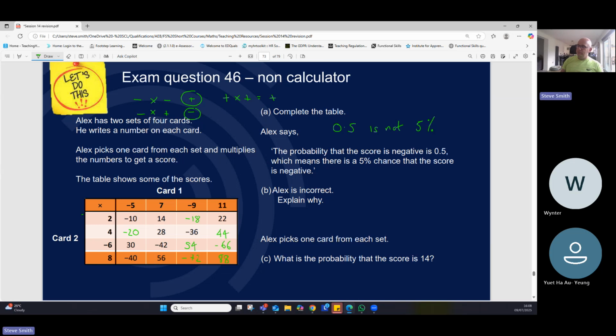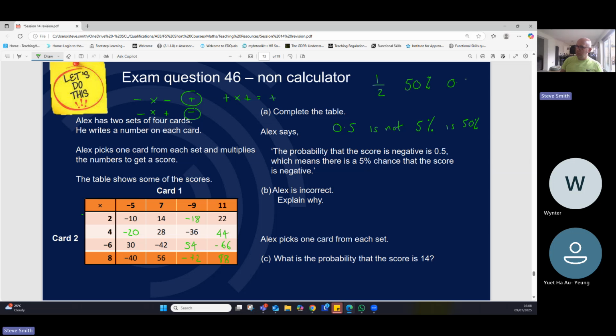So it's not a typo. It's a question in the maths exam, which is not tricky, but it's just a little bit. When you're under pressure in the exam, you're thinking, oh yeah, it's just a typo. Well, no, it's saying why is he incorrect? Well, 0.5 is not 5%. It is 50%. Because the half is 50%